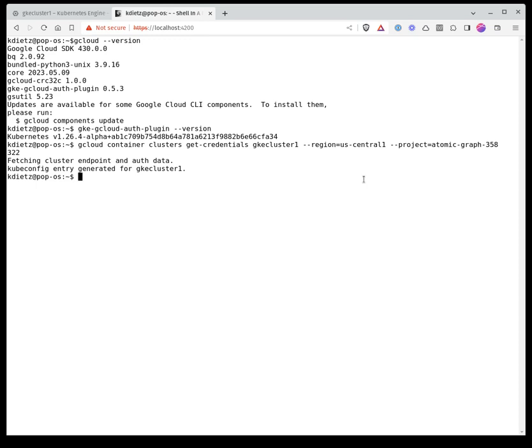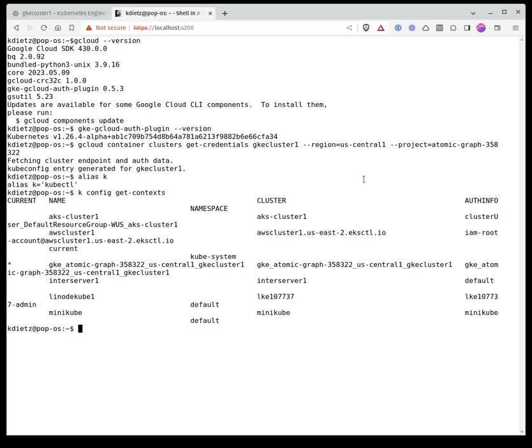There we go. Now I have kubectl aliased to the letter k. All right, so if I go k config get-contexts, and we see that this gke blah, blah, blah, is the current context, and notice the asterisk next to it, which means that it is the current context. All right, so we should be good to go now,